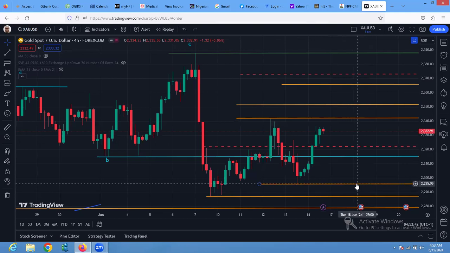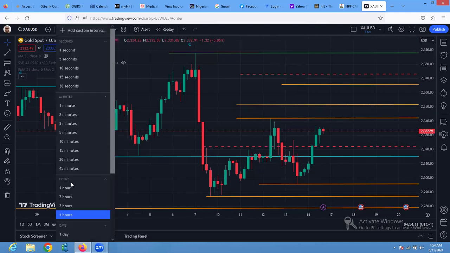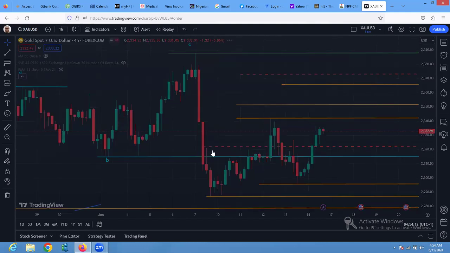So if we take this low, then we know that we are going to break low and still take 100 or cap this area. This is the area, but price may be going up from here. So we must be ready for anything that gold is going to give. If we are taught that this is the first push to the downside, and it is a 5 wave, let's go inside of the 1 hour for you to see what I'm trying to say. We are taught of so many possibilities around here,